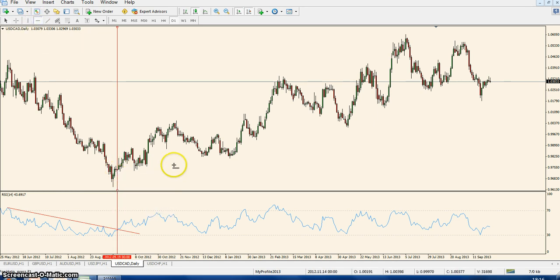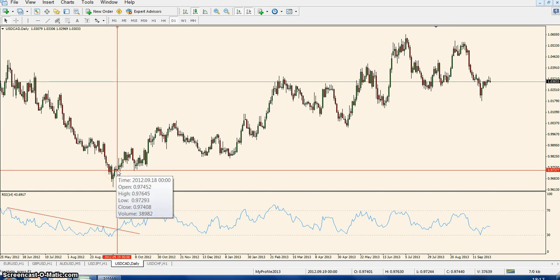Let me just put a horizontal line here and put it here. Now, since this is a daily chart, it basically shows the close of the price at the close of the day. So this becomes my entry point. Now this is the break of a declining trend, therefore my entry will be in the opposite direction, which is the long direction. Basically I will enter a long position here, so I'll buy US dollar Canadian dollar